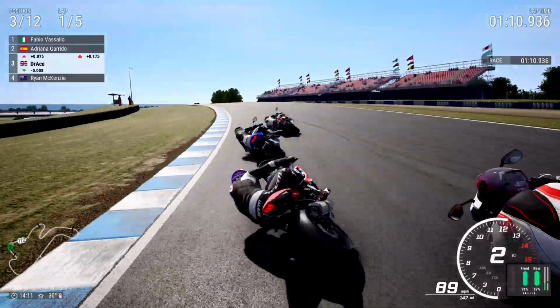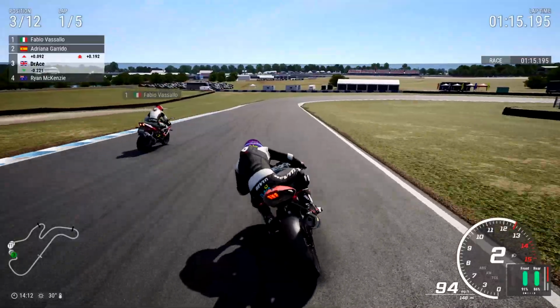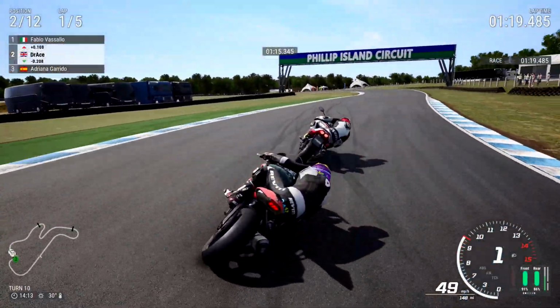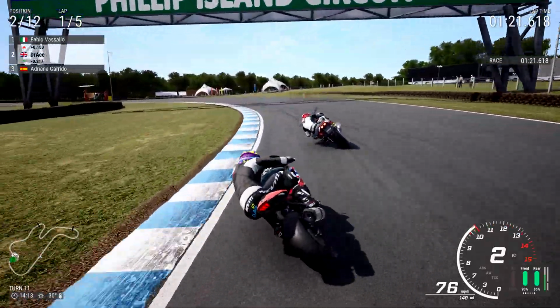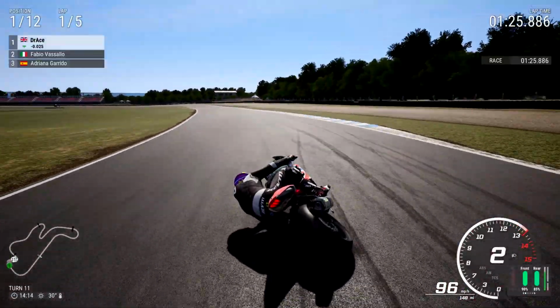We're going to try and get both of these on the brakes into turn 10. I'm not sure if that'll work, but at the very least we'll get Adriano Garrido as we get closer and closer to Vassallo. A little bit, ooh, had to give a bit more rear brake there to avoid bumping into the back of Fabio Vassallo, but I'm pretty certain we'll have him by the next corner, and we do. Beautifully done on board this